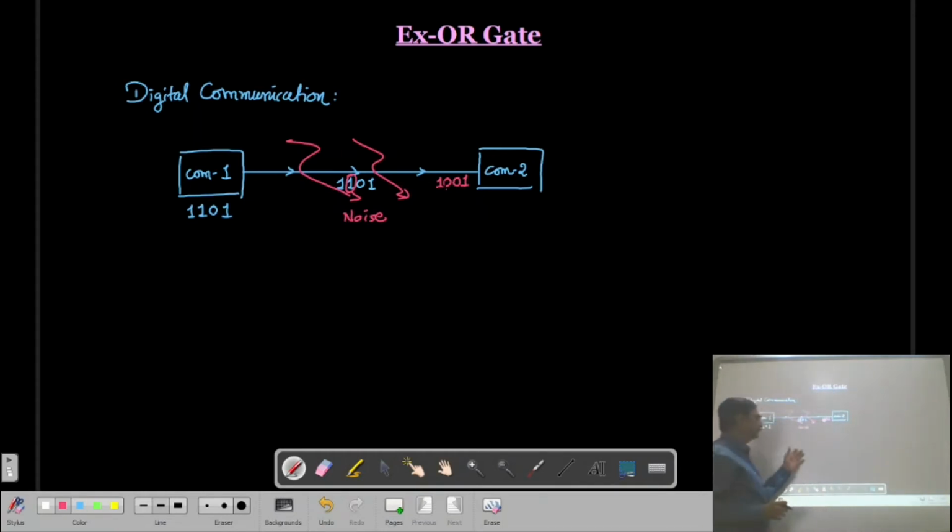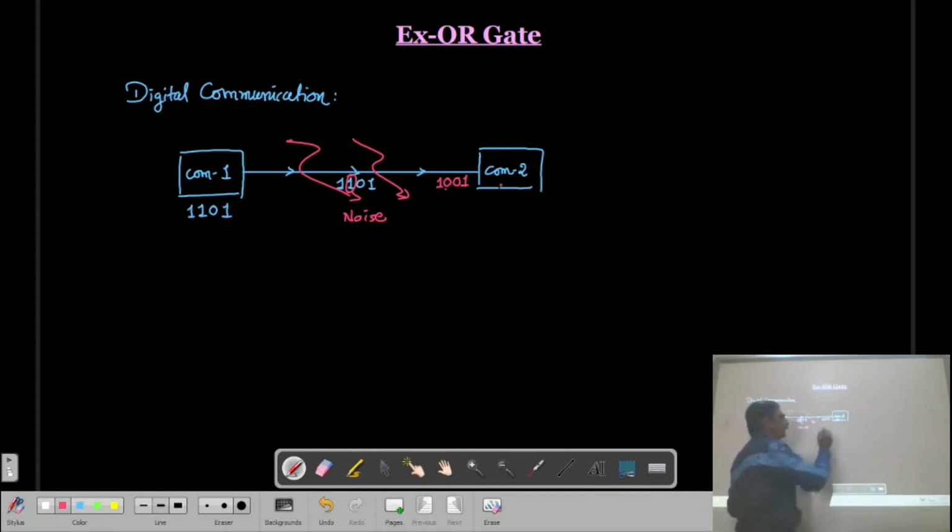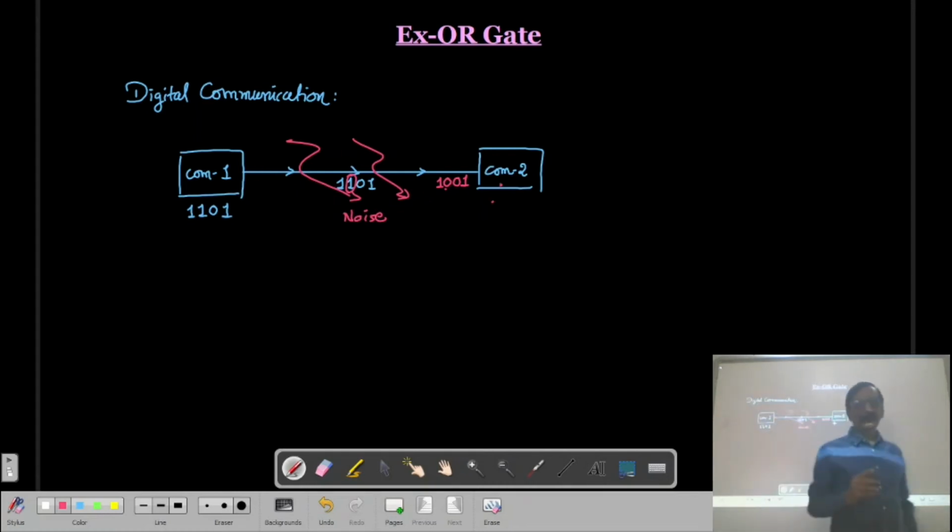Now already we know that the meaning of 1101 and the meaning of this 1001 is totally different. This information is totally different. So whatever information is received by the other computer will be a wrong one. The information is changed, or you can say the information is distorted. So whatever information is received by this computer, first of all it has to check whether the information is correct or not.